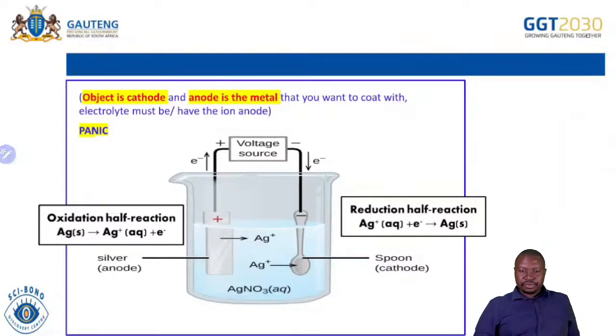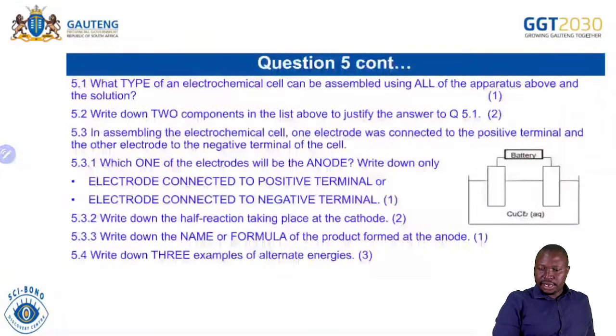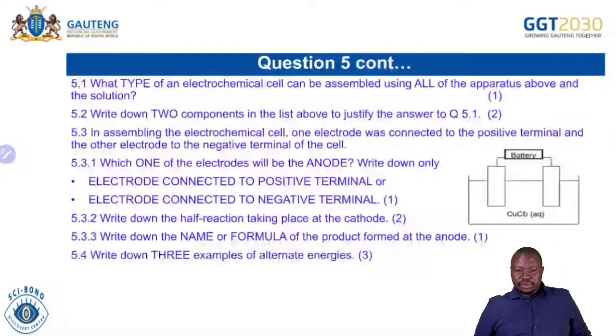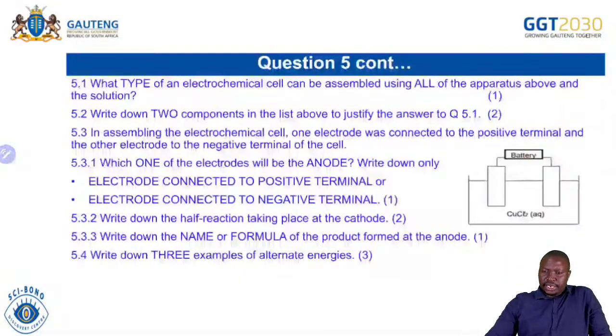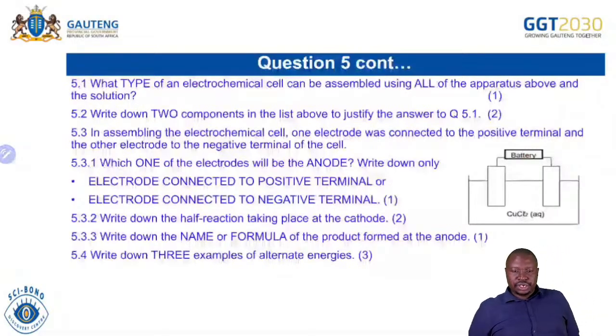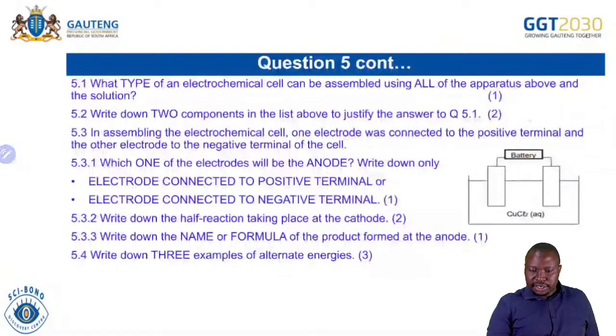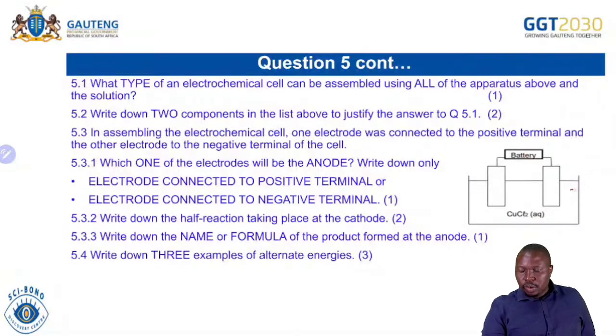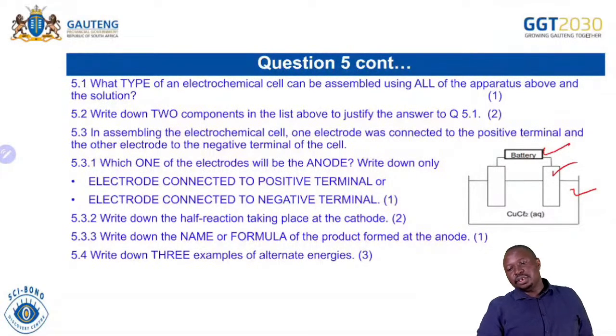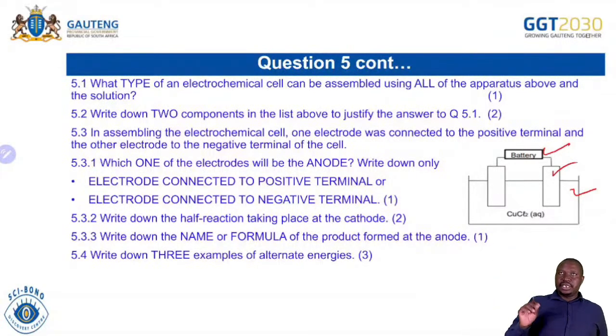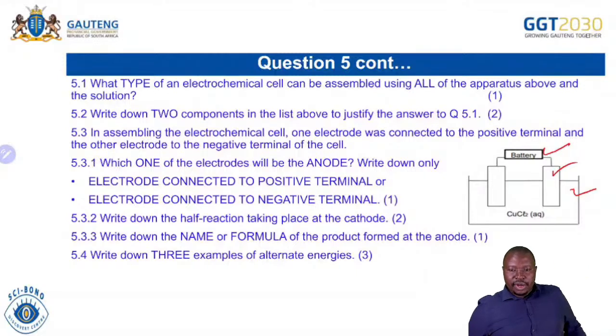Let's look at the question that they were given there: what type of electrochemical cells can be assembled using all of the apparatus above and the solution? So already you said it's electrolytic cell. Write down 2 components in the list that justify the above. Remember, electrolytic cell, we use one beaker, we're using a battery, we're using 2 carbon rods. So those 3 things tell you that here we are dealing with the